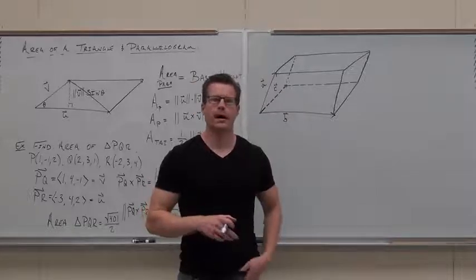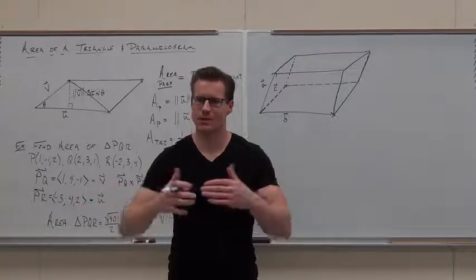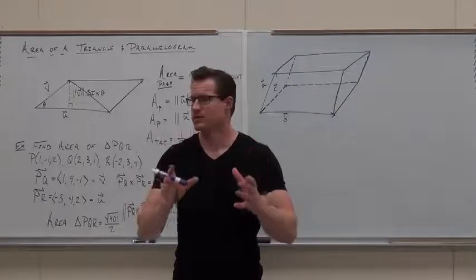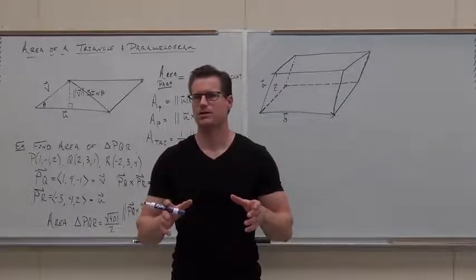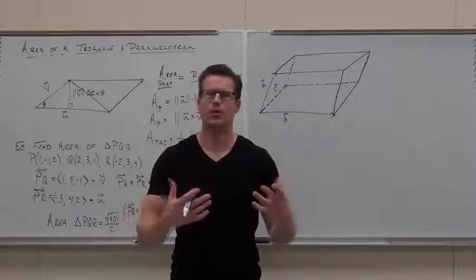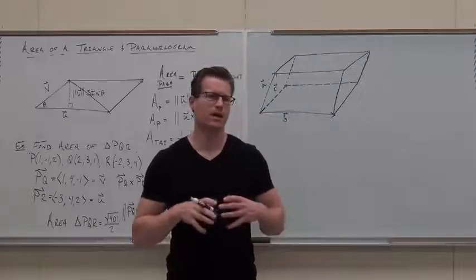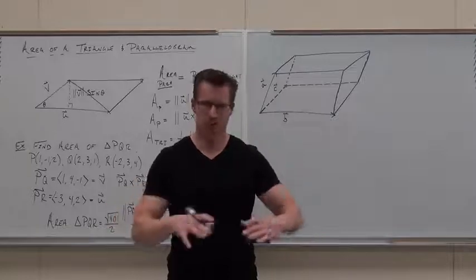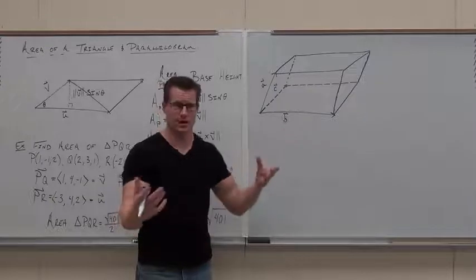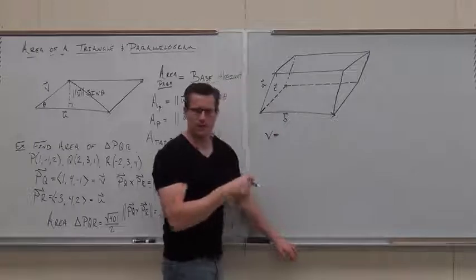If we think about how you really find the volume of something, I know it's base times length times width times height. That's what volume generally is of a regular geometric figure. But you can also do it this way: the surface area of the base times the height. Why would we want to do that? Instead of reinventing the wheel, why would we want to do the area of the base times the height? What is the shape of the base? Do we know how to find the area of a parallelogram? So if the volume is the area of the base times the height,